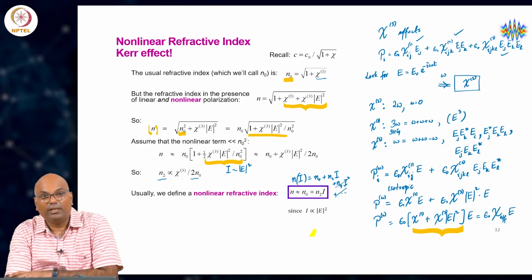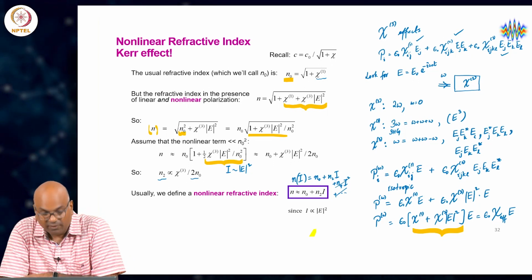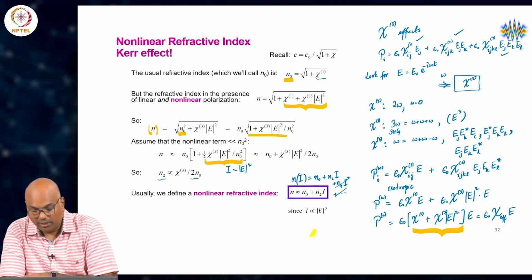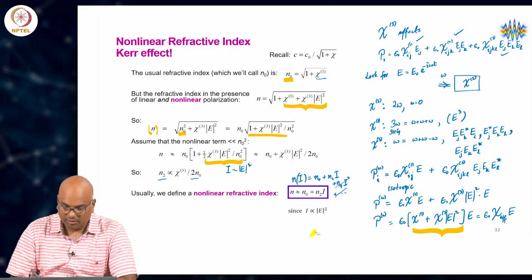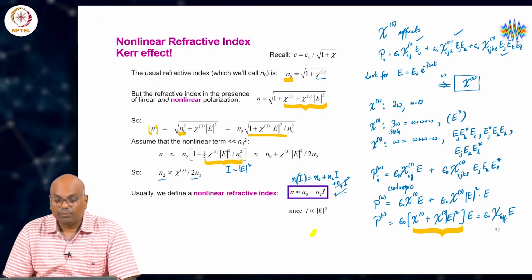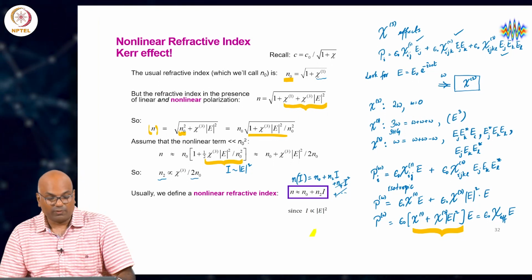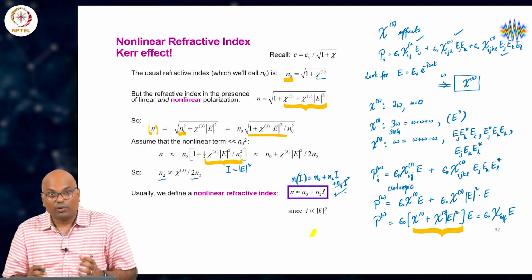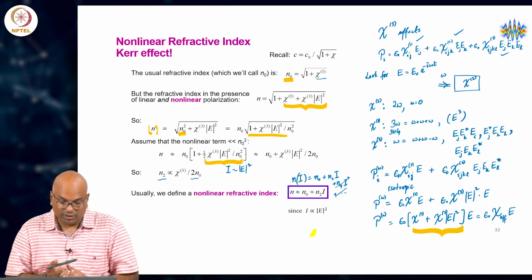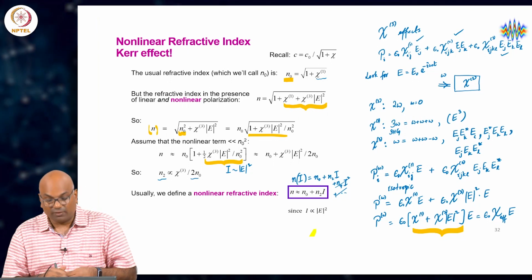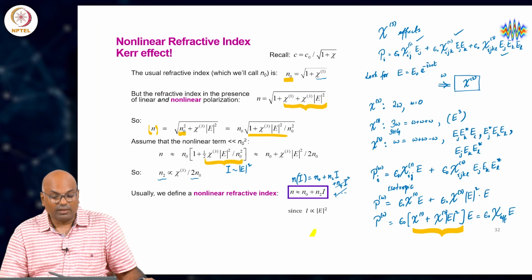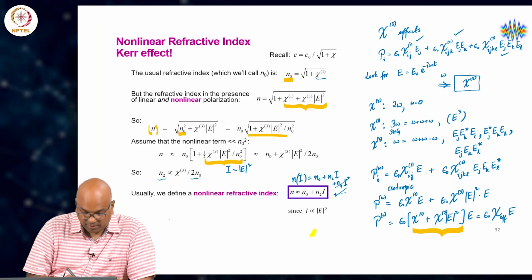We will just take the leading order in I, and we have the expression n is equal to n naught plus n 2 I, where I is proportional of course to the absolute value square of the field. So, now you see that the refractive index is no more linear or essentially independent of field strength. Refractive index becomes dependent on intensity, and this effect